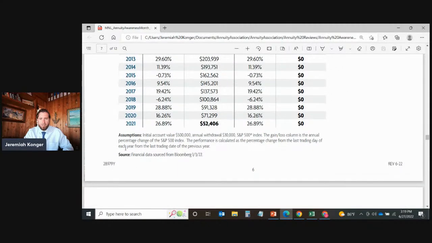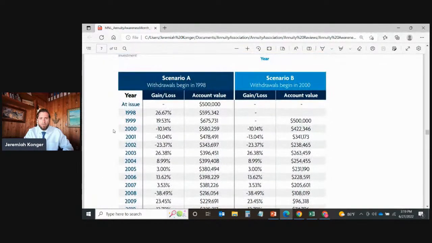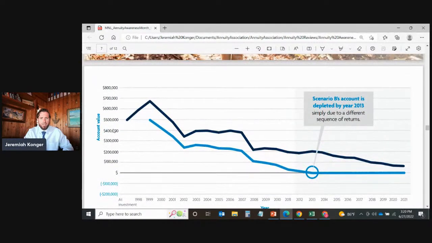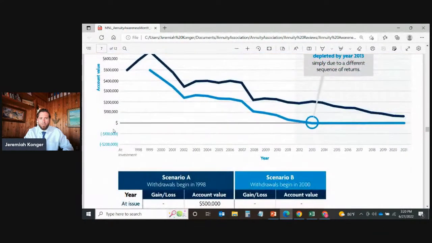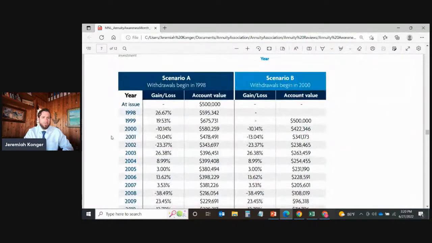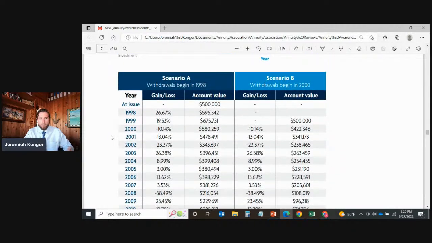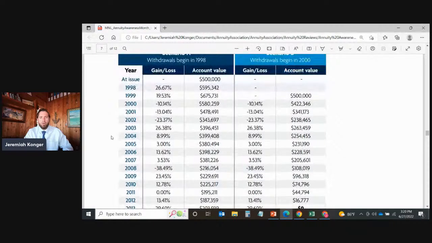So this is a very prime example of the impact that sequence returns can have on someone's success or the outcomes of someone's retirement plan. I'm not trying to scare anybody here. This is not a scare tactic. We don't operate in that manner whatsoever. But this is factual data that we all need to be aware of, because at the end of the day,